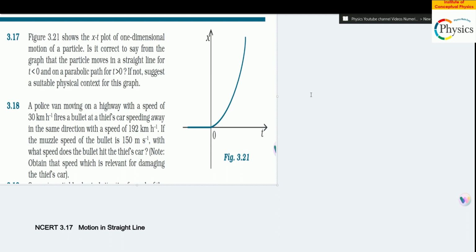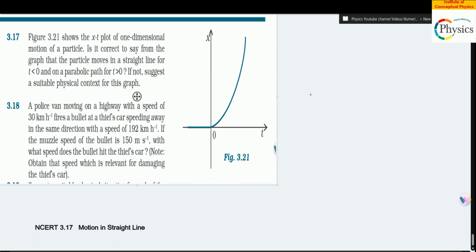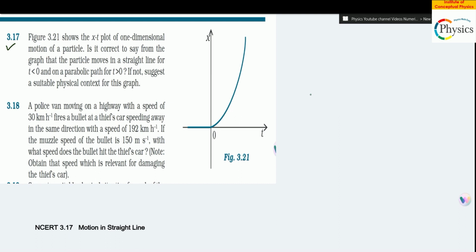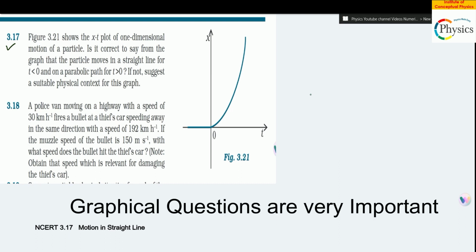Welcome to this problem from NCERT. We are doing 3.17. Now, 3.17 is a very qualitative problem. It doesn't have values. It's not exactly numerical, but more of an interpretation: how you can read the graph. How you can read the graph is always very important in kinematics, also called motion in